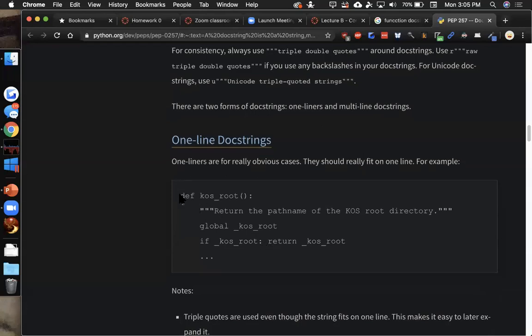So here we are. If we write a function, and what a function is just a block of code that's indented under a name so that you can call that function, it looks like this. It's supposed to explain what it does. And the reason why you might want to do that, two reasons. One is so